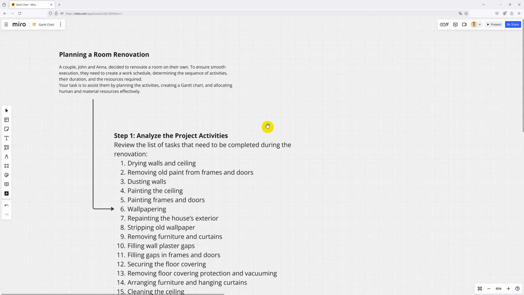activity. Okay, so let's start with our case study, a very simple one, planning a room renovation. A couple, John and Anna, decided to renovate a room on their own. To ensure smooth execution, they need to create a work schedule determining the sequence of activities, their duration, and the resources required. Your task is to assist them by planning the activities, creating a Gantt chart, and allocating human and material